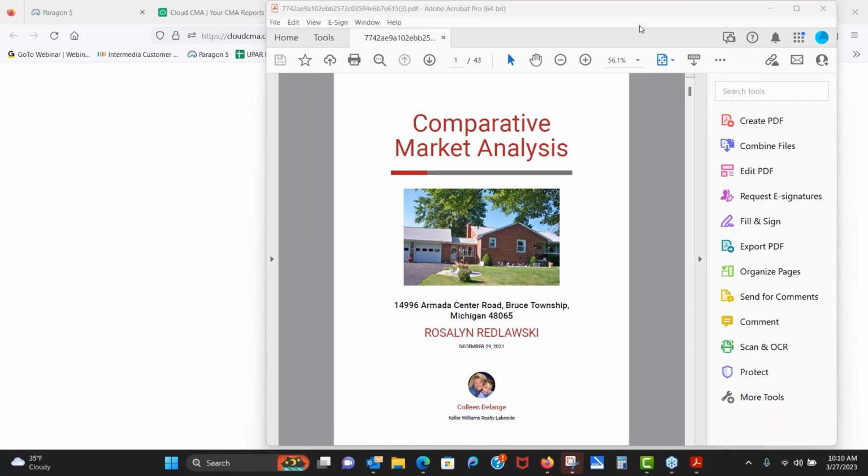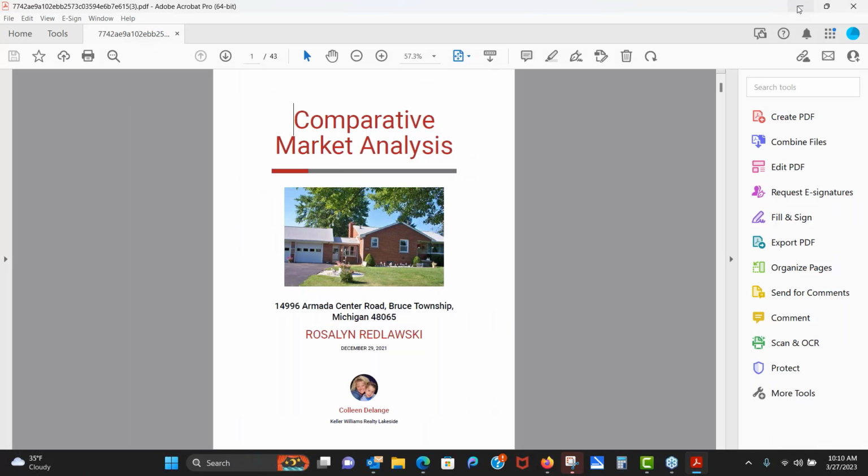into the CMA. All right, so what you're seeing right here, and again, I'm going to kind of teach this class backwards. What you're seeing right here is actually the finished product. And there's a couple different ways that you can view the finished product. You can actually do it in a live version, which is kind of interactive, where you have a little more control to change things. So if you are sitting with a seller, I'm going to show you that in just